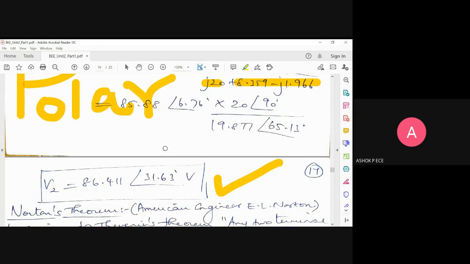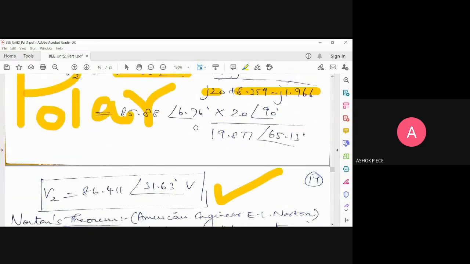Solving the problem itself is tough, and rechecking will be even more difficult in AC. In DC we can recheck fast because all are normal numbers; we get either positive or negative or zero. But since everything is complex here, once you arrive at an answer in your exam in AC, you have to spend an equivalent amount of time to verify it. So it will take double the amount of time. That's why I said stay away from AC problems. If no other option, you go for AC. Otherwise, you comfortably do everything in DC.